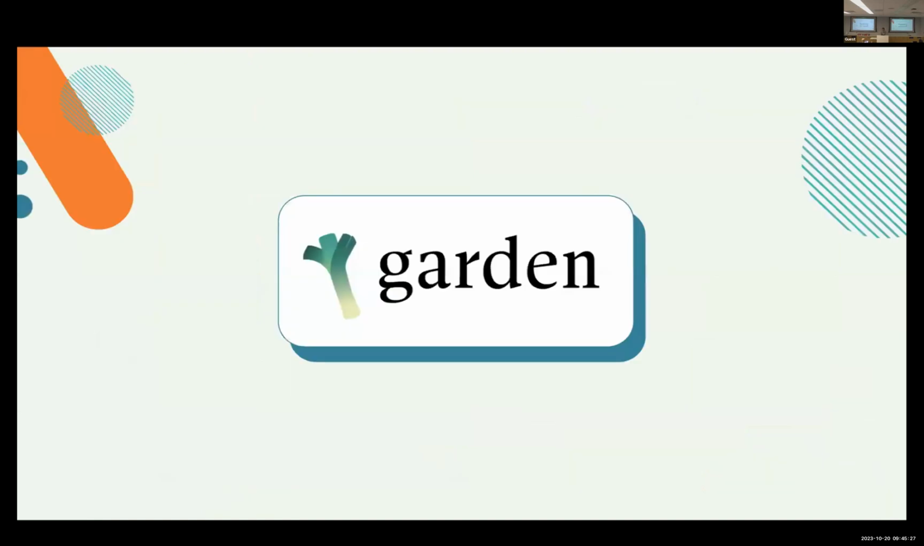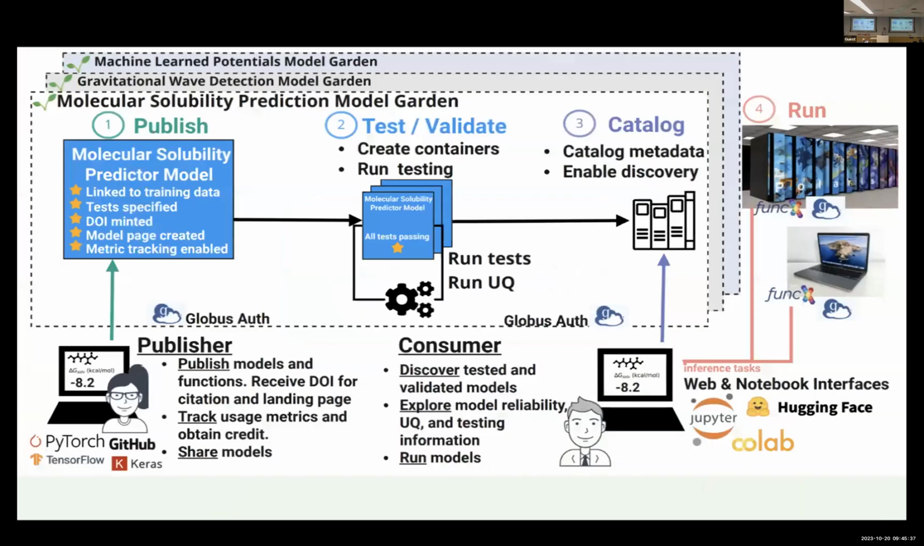And so Garden, we have a nice leek logo, lots of horticultural puns. Our mascot is Sherman the leek. Garden is a platform for publishing and sharing scientific machine learning models. On the publisher side, you're a chemist who's made some novel machine learning model. You can publish that on Garden, and it can be citable and runnable. We take care of the hosting, and you have a nice citable artifact that you can link to in your